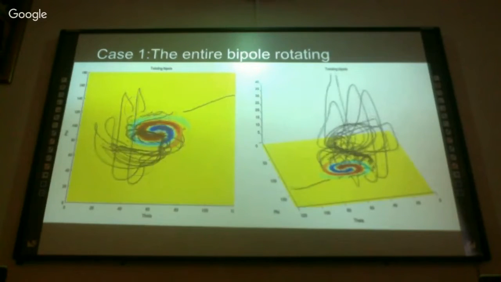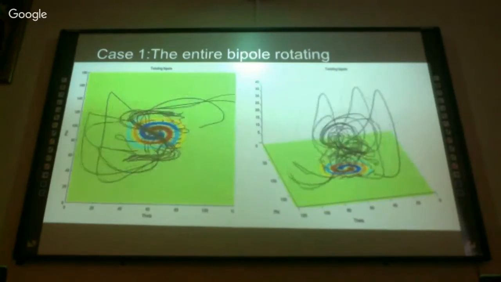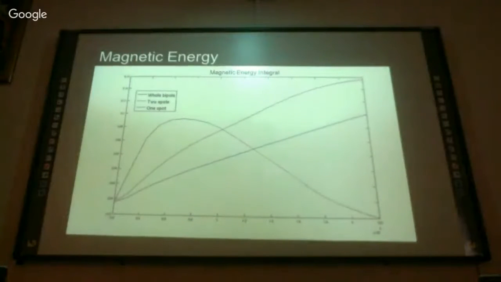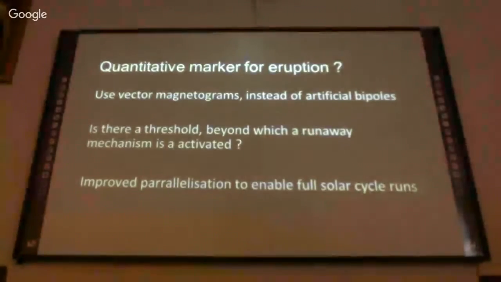Around here, you see, it visually suggests that there are flux strokes that are being expelled. And that is what is also being suggested by the change in the magnetic energy and the net current in the system. But we are looking for definite quantitative markers by which we can tell that yes, there have been eruptions